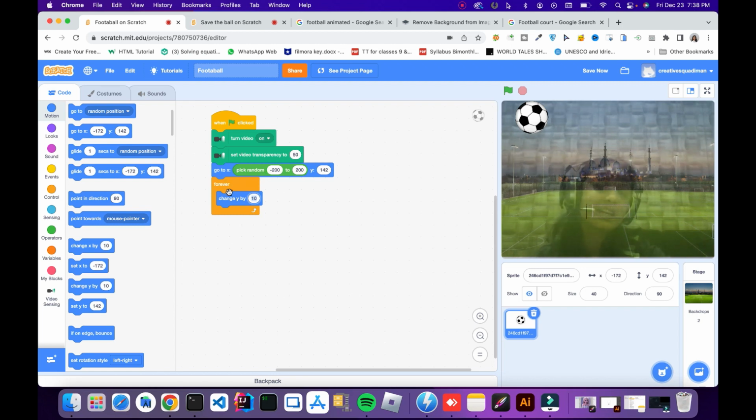That's why we have it inside forever. But if we choose this value of 10, 10 means going up, which is going to take the ball up. We do not want the ball to go up. If you see right now, it's going up. We want it to come down, so we're going to stop the code and write the value,